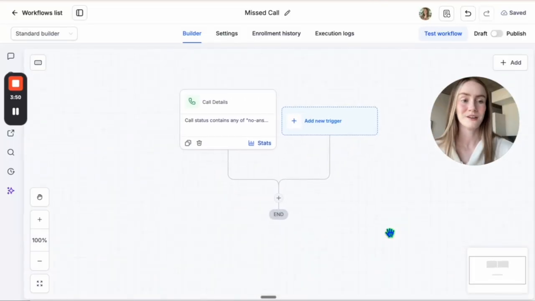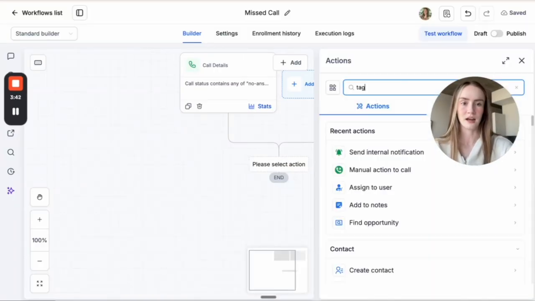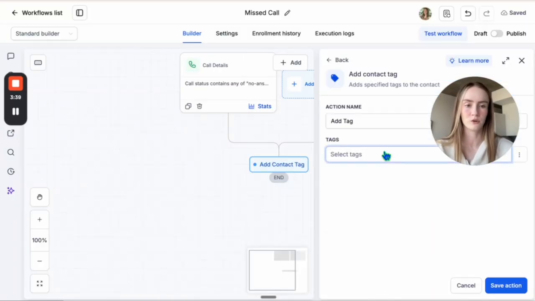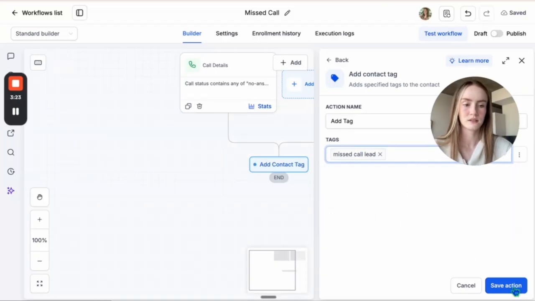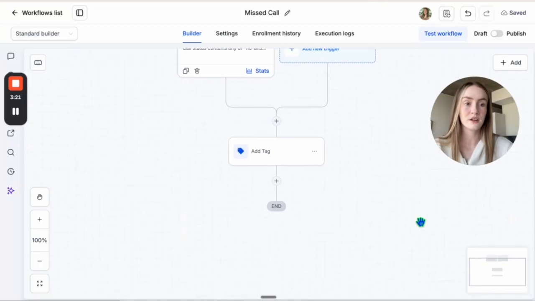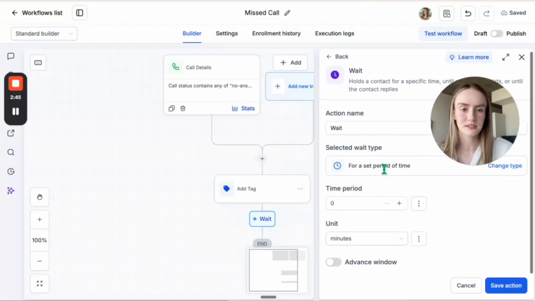Once a call happens, no answer, nobody picks up the phone, we are then going to hit the plus sign and add a tag. Just because I want to keep track of who are the missed calls and what leads from a missed call we are able to get back into the door. Missed call. Add new tag, save. That way, later down the line, if we actually do get them coming in and they become a customer of ours, we can know that this automation is what saved them and recovered them from being a lost lead. All right, then we're gonna do a wait step and do about 15 seconds,